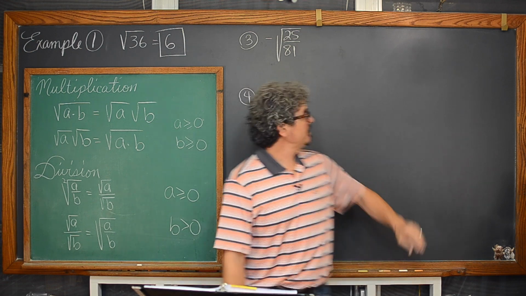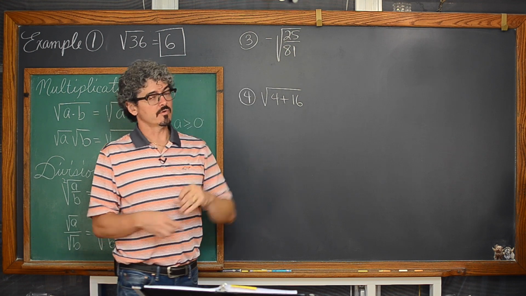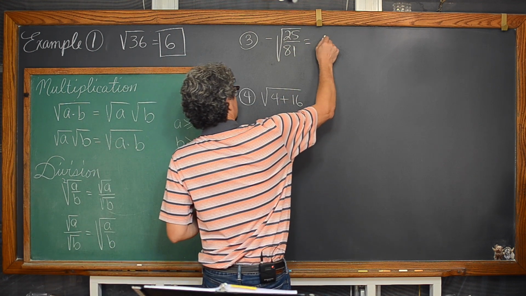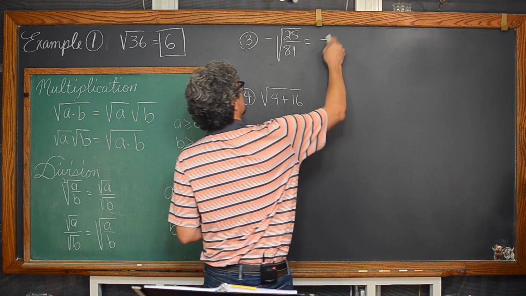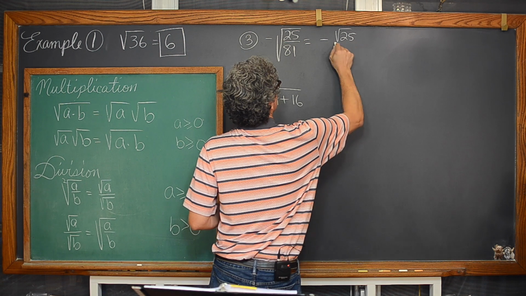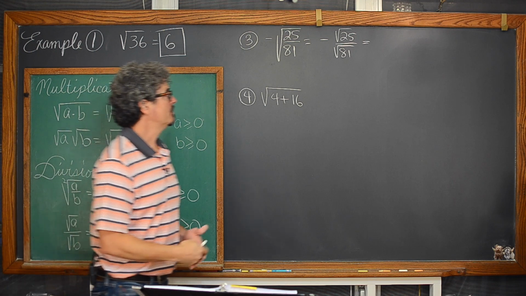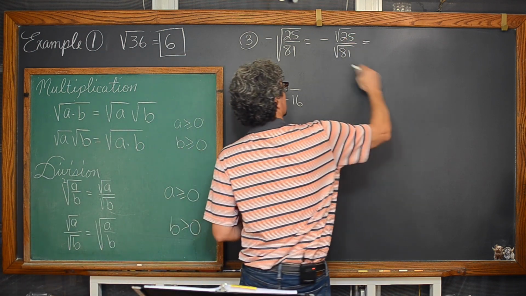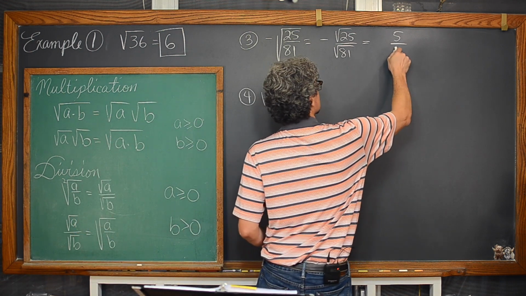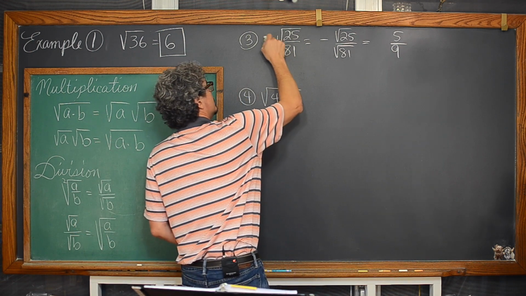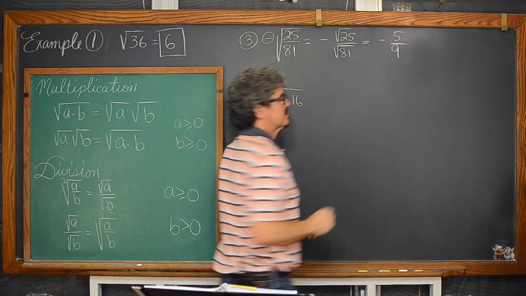So with these properties in mind, and looking at the negative square root of 25 over 81, that means that we're going to have a negative, and it doesn't matter if you put it in the numerator, the denominator, or right in the middle of the fraction. That is negative square root of 25 divided by the square root of 81. As long as you know your perfect squares, 5 squared is 25, so the square root of 25 is 5. The square root of 81 is 9, because 9 squared is 81. And we had a negative out in front of our radical in the first place, so that just carries along, and our answer is negative 5/9.